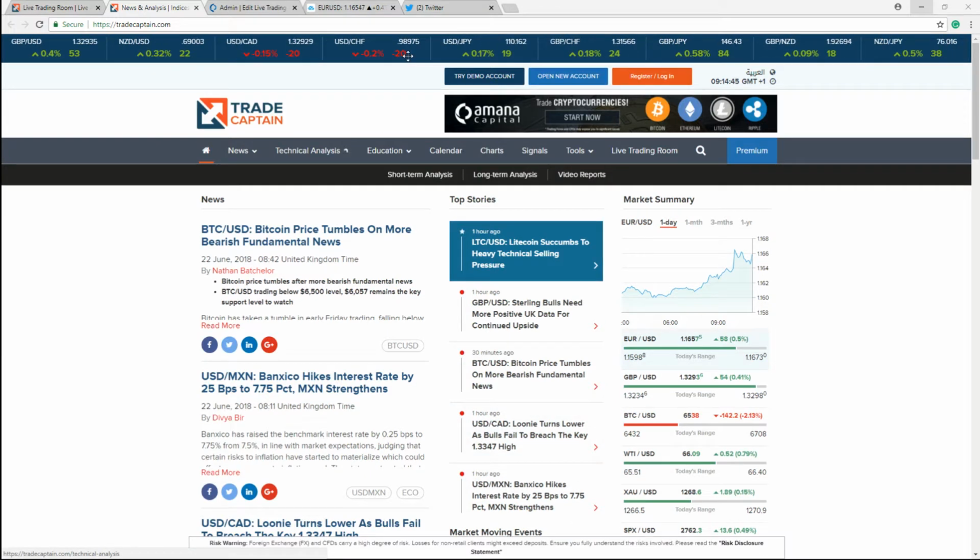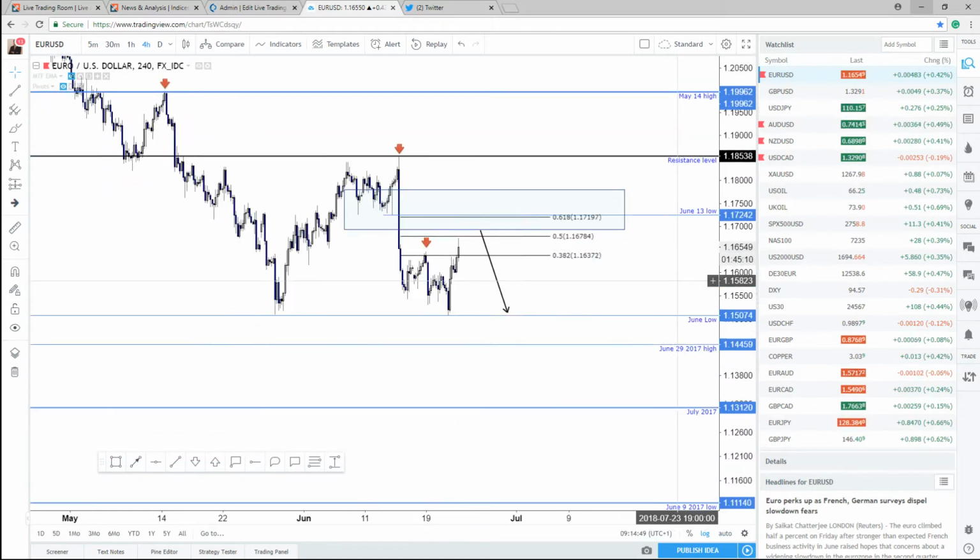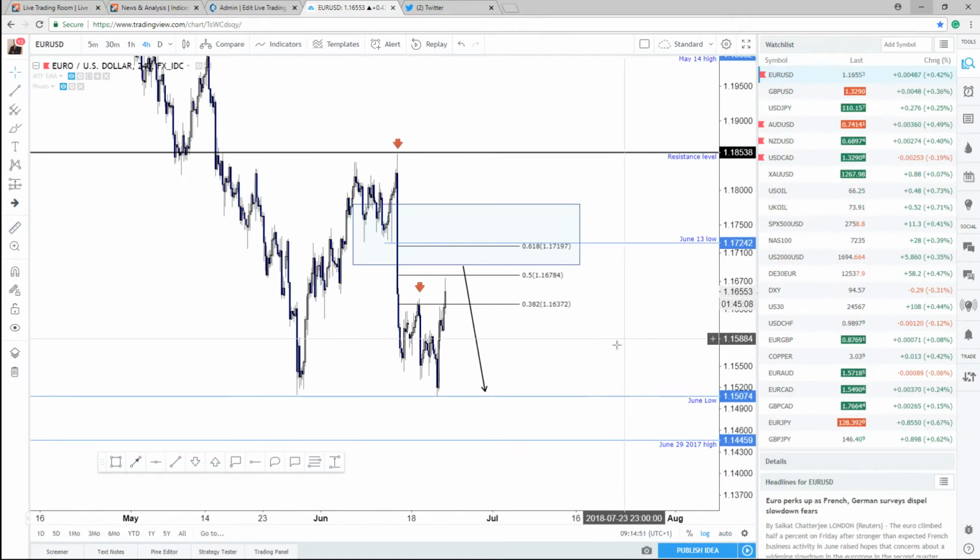Alright, so let's just get going, and we'll begin with the euro. And the euro was very close to taking out its May low, which was pretty much at 115.08. The market traded more or less as low as 115.07. I had a limit order myself to sell at 115.05, and the market almost triggered that, but it didn't actually